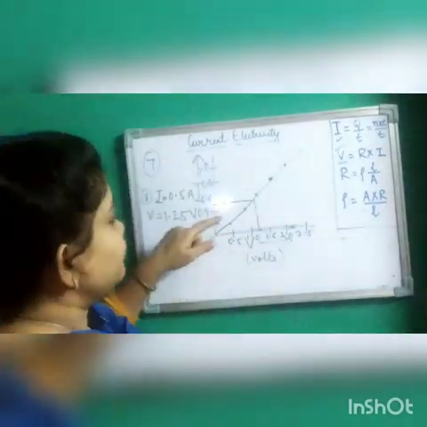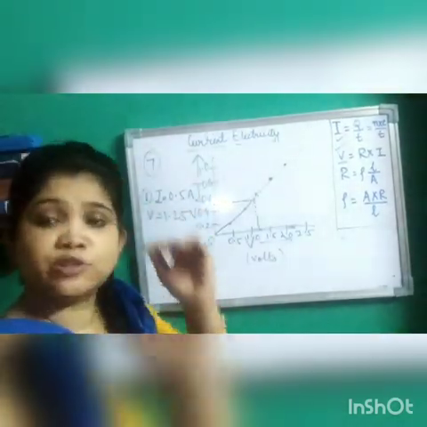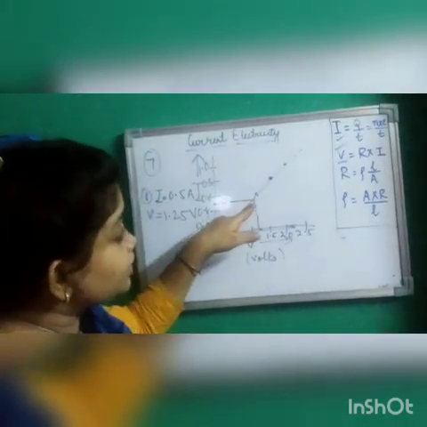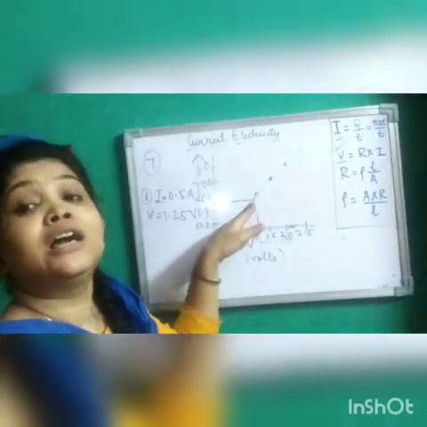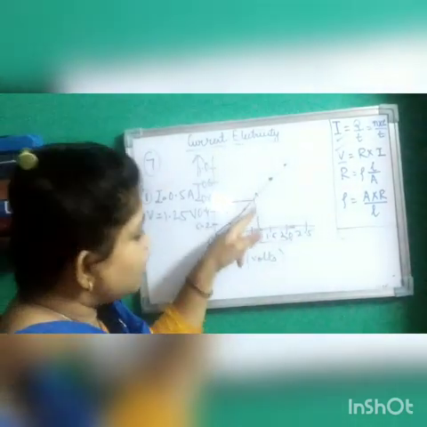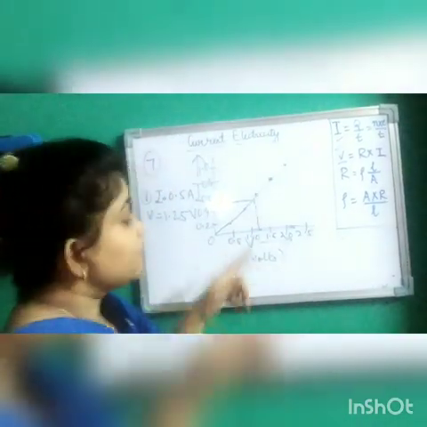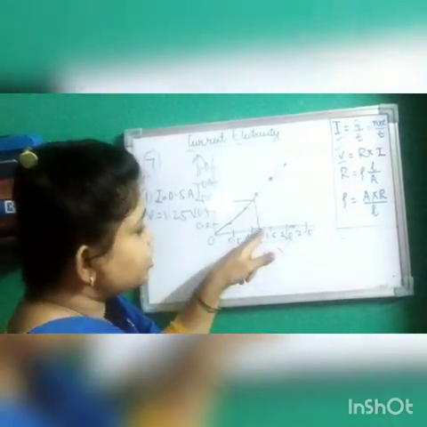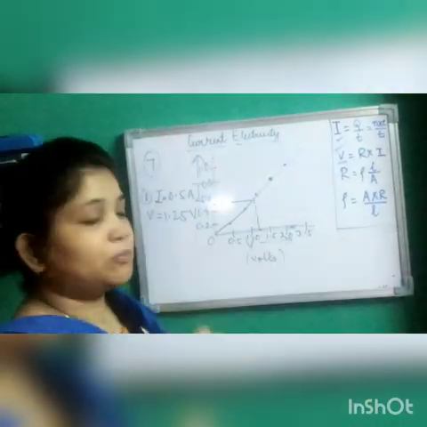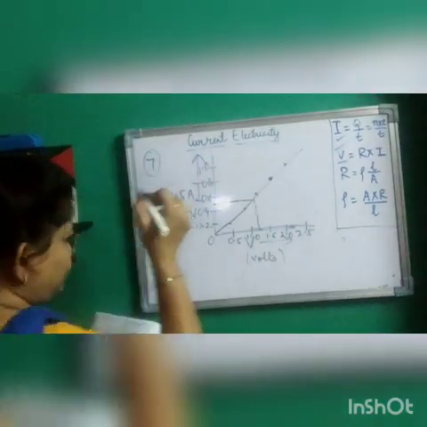How? By placing, first you plot out the point 0.5 between 0.4 and 0.6. Put a scale horizontally to the Ohm's law straight line graph. Okay, over there again put the scale perpendicularly and plot a point on the potential difference. So there you find that this point lies between 1 and 1.5. That is the midpoint, that is 1.25. Okay, students.